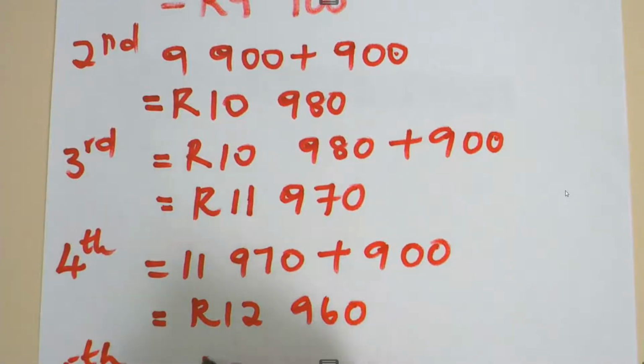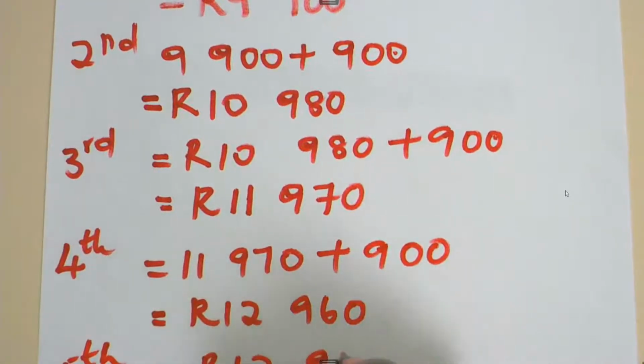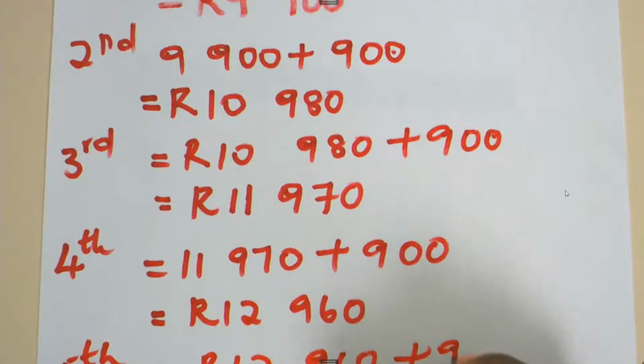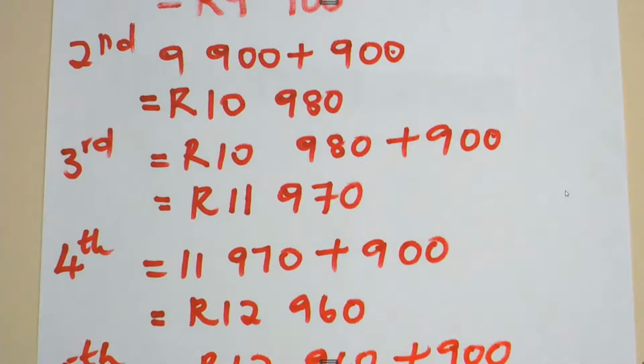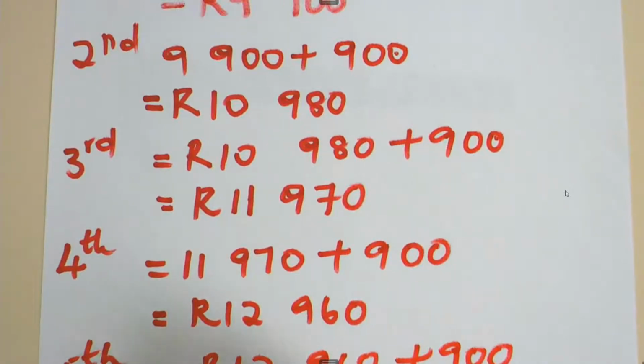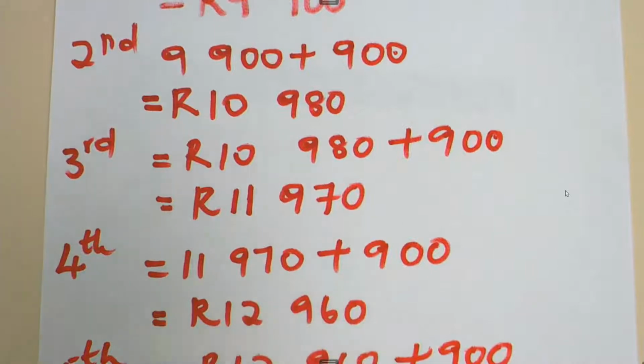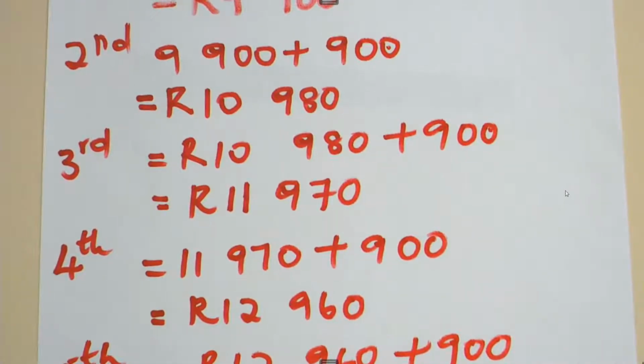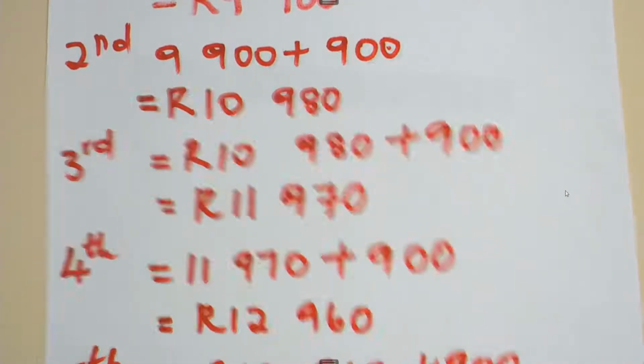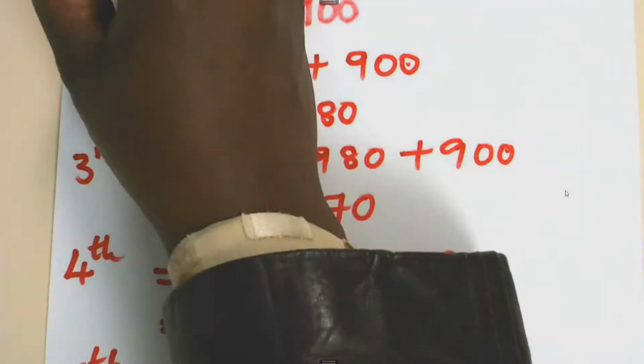The last year we take 12,600. We add our interest, which remains the same or constant to it, and then we get 13,500. So when we go back and look according to our calculation, we will see that during the first year,